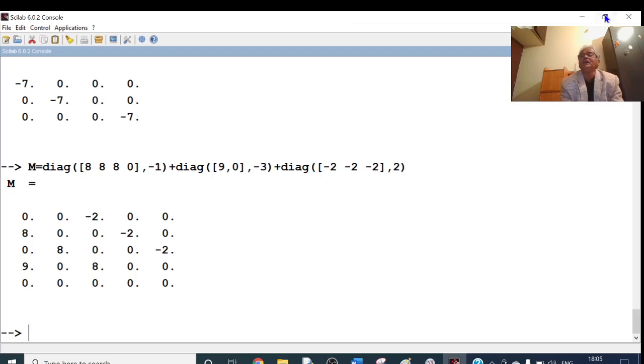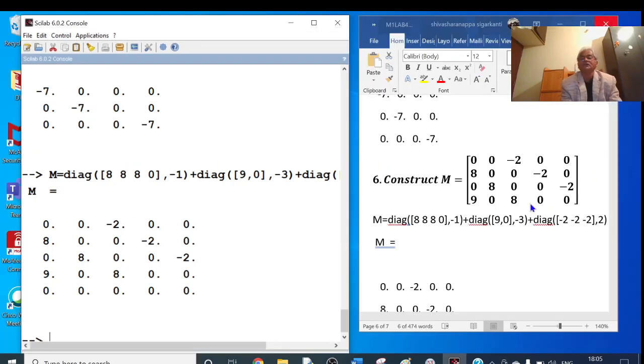But I need this matrix: 4 rows and 5 columns. So that means I need the first 4 rows and all the columns.